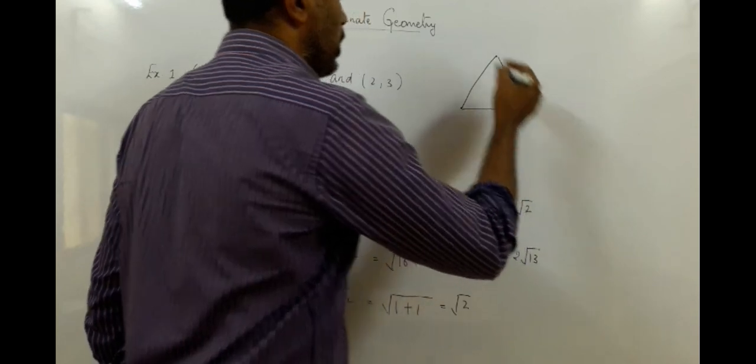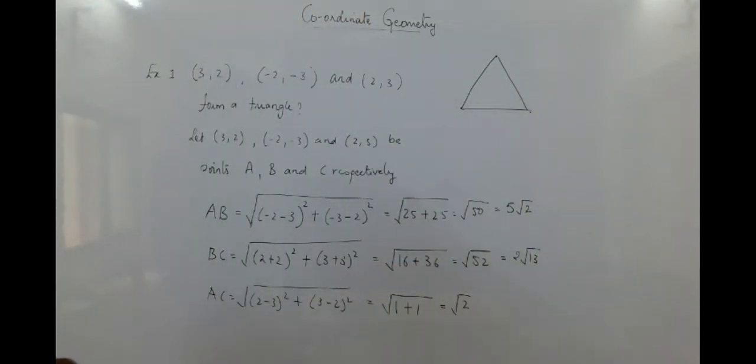Right. Now what different questions can you see here? If they do form a triangle, what kind of triangles can they form? When all the three sides are equal, it forms an equilateral triangle. Okay, you found AB, BC and AC. If all these three measurements were equal, you would get an equilateral triangle. If two sides were equal, you would get an isosceles triangle. Right? But here no side is equal, so it's a scalene triangle.